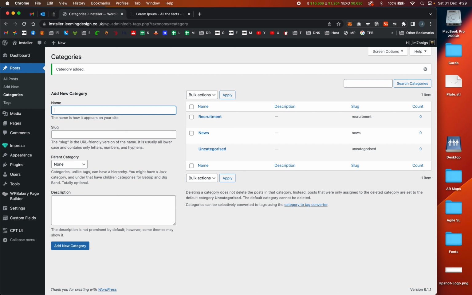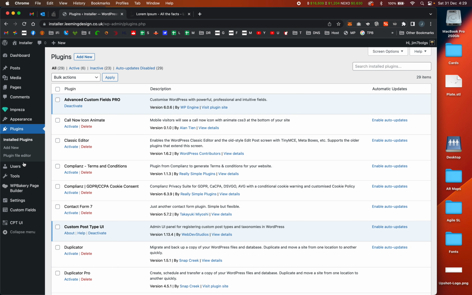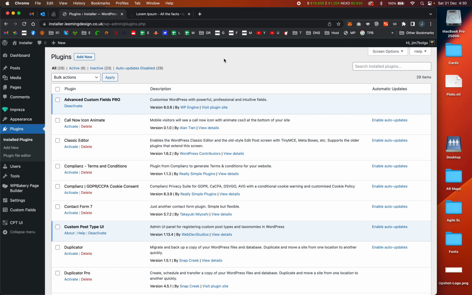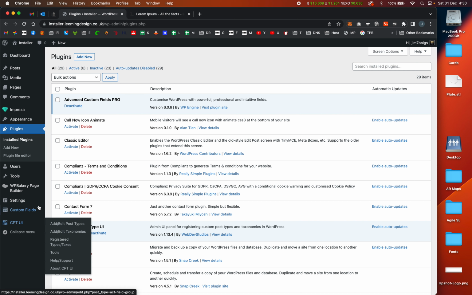Now, what I'm going to say as well is, although I've got quite a few plugins on this site, they're not all active, and the only things I'm going to be using are Advanced Custom Fields Pro, which comes bundled with Impreza. And the rest of what I'm going to be doing is actually included in the Impreza theme. So let's next go into the custom fields section,